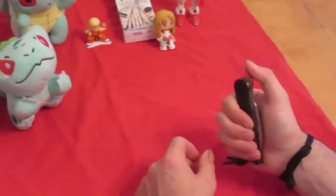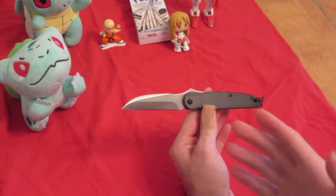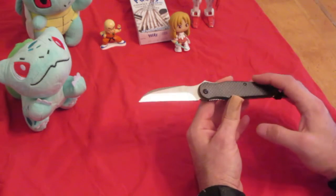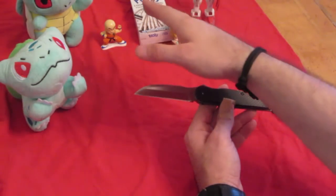I do like the knife, and it's a good representation of the Japanese Higo Kami style. The price point, I believe, was $40 off of Amazon when I bought it, maybe a couple months ago or so. But if you are not into Japanese